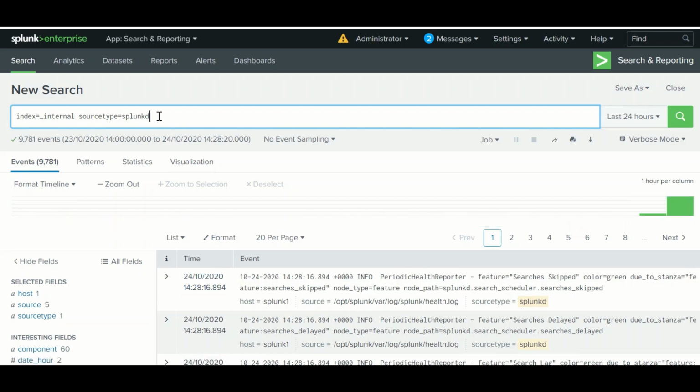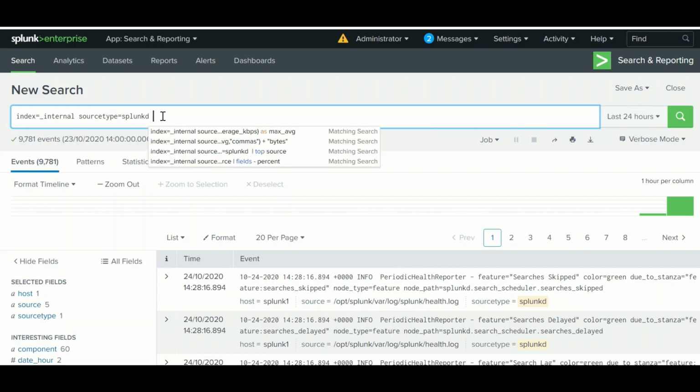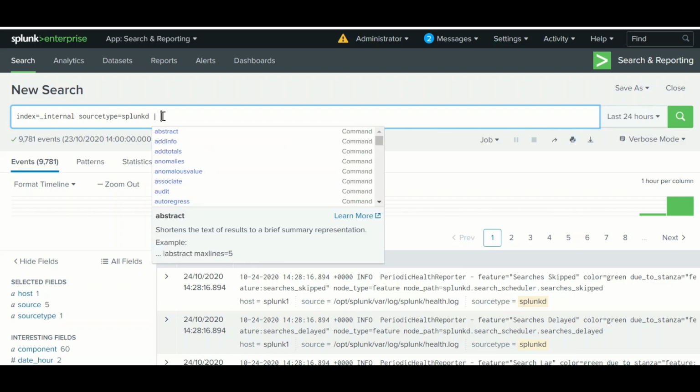Whenever the user runs the search, it pulls the data from the indexer where the data is stored. This is one of the intermediate repositories where the data comes in from the entire index.